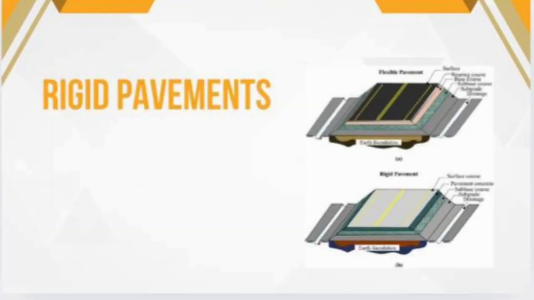On the other hand, rigid pavements are made of concrete and distribute loads over a wider area, reducing the pressure